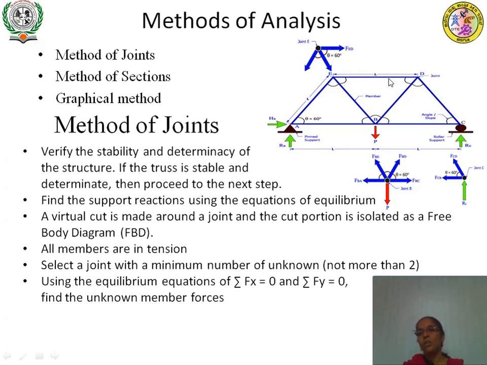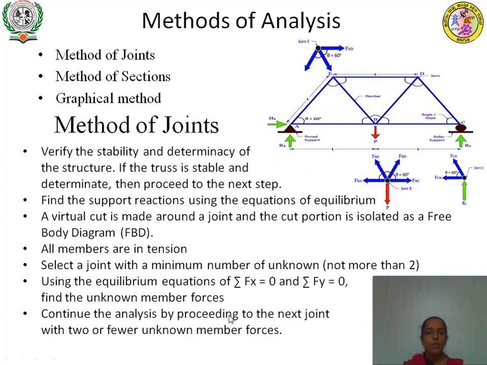This is known and the remaining two are unknown. So after C you have to proceed to joint D. Like that you have to go on for the remaining joints. Continue the analysis by proceeding to the next joint with two or fewer unknown member forces. So after C you have to go for D, and then you can go for E,